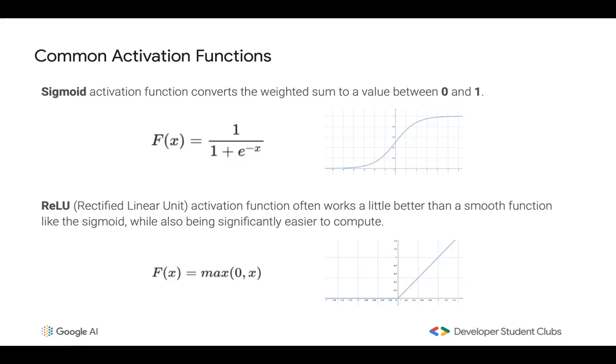So I hadn't really seen this function before I looked at these slides, and apparently it's a fairly recent one that is becoming more and more popular just because of how easy it is to compute compared to the sigmoid function. So yeah, researchers describe the field of machine learning less like engineering and more like scientific exploration. So going back to the sigmoid function, for a long time, the sigmoid function was used until the ReLU was discovered to be more efficient and effective for many situations.